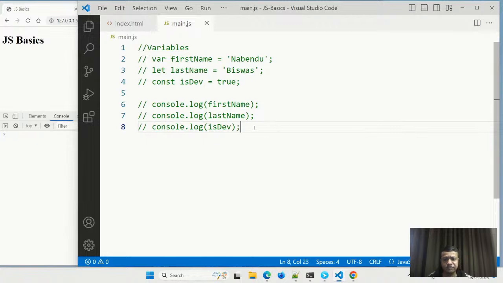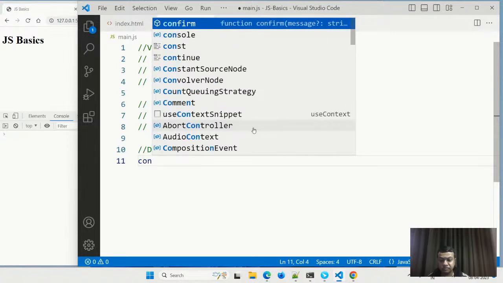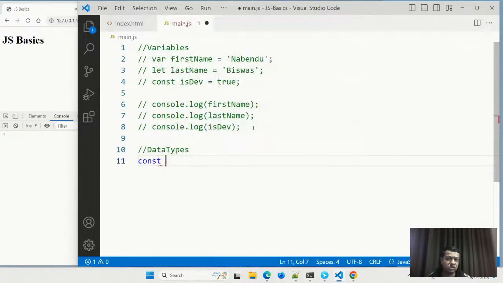Now, as I've told, let me tell you all about data types. There are totally 6 different data types in JavaScript. Let us understand that. So const. What is const?